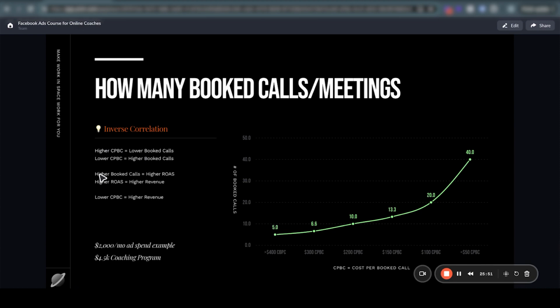Inverse correlation. More book calls means higher ROAS because you're making more money than you're spending. Higher ROAS typically equates to higher revenue. So a lower cost per book call means a higher number of book calls, which means higher ROAS, which means higher revenue. Here's a line chart. But if this is confusing, I've created a bar chart to help break it